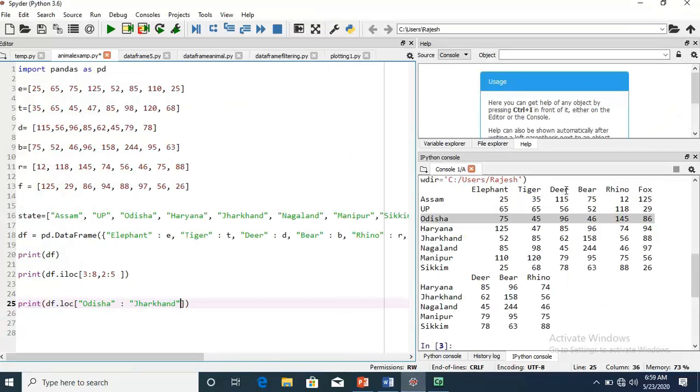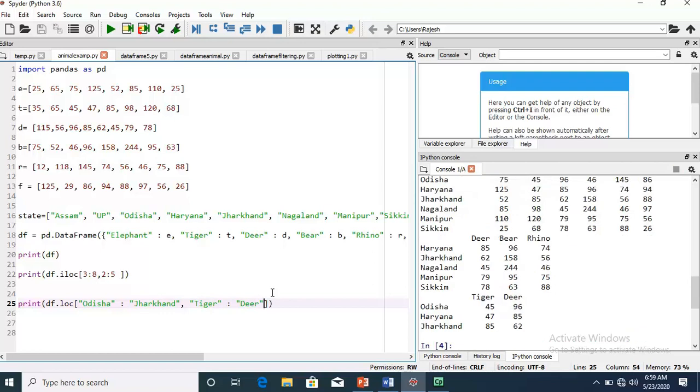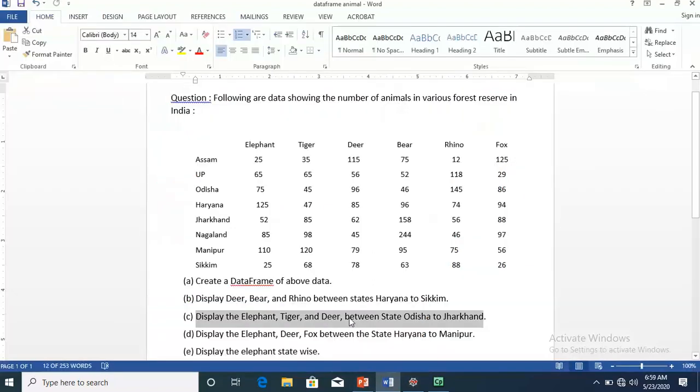No problem, my dear student. Then tiger, and then deer. Let me execute the code and just see. This is your answer. This is only for revision purpose. Here I am not using any filter conditions.